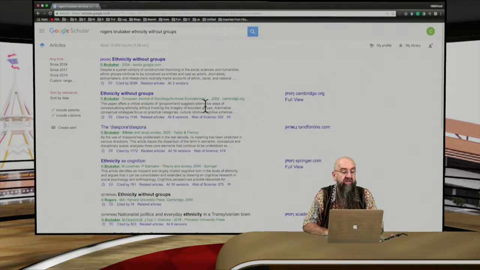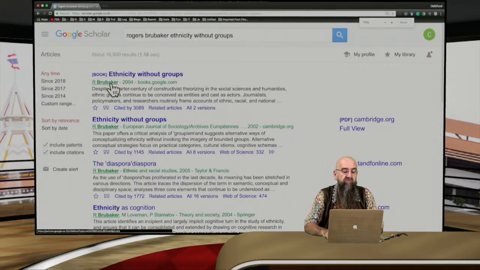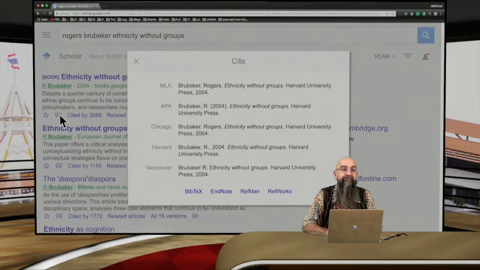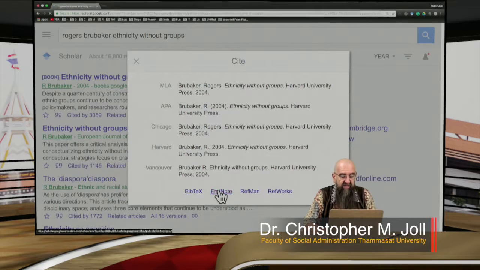You'll see in Google Scholar that you can click on this icon here. Let's increase this, it'll be a bit easier for you to see. So I click on this, and this is what the reference looks like in APA, Chicago, Harvard. These are citation conventions. But I can click Endnote